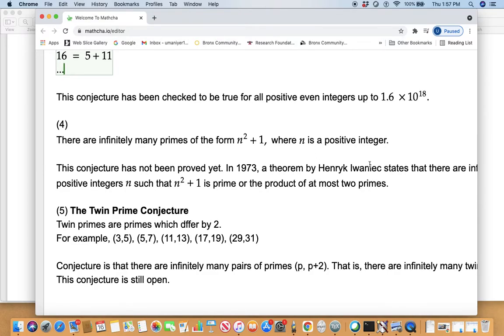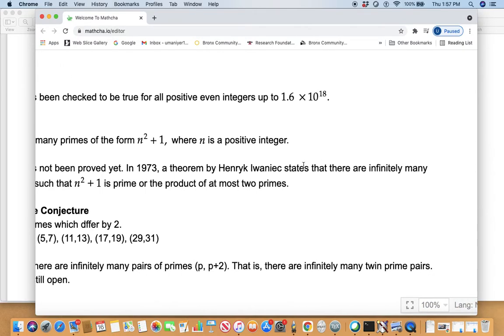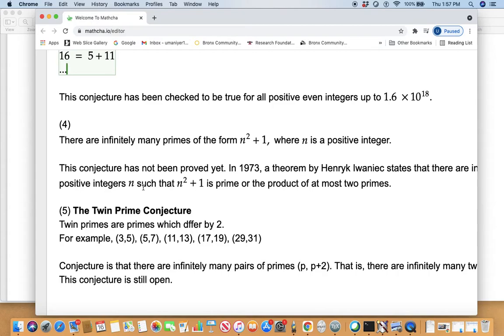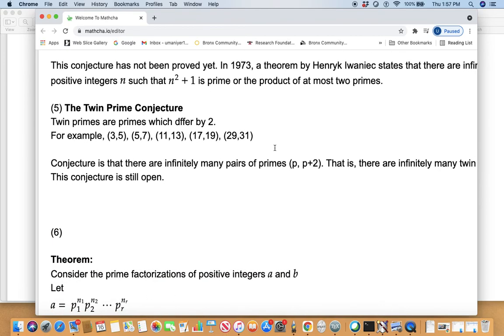A theorem by Henryk Iwaniec states that there are infinitely many positive integers n such that n squared plus 1 is prime or a product of at most two primes. So this is pretty close, but we don't know whether there are infinitely many primes of this type. Here is yet another